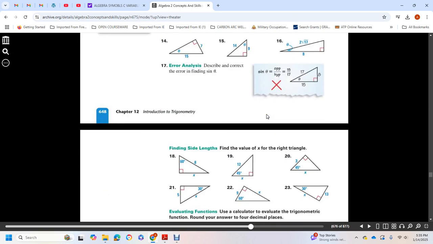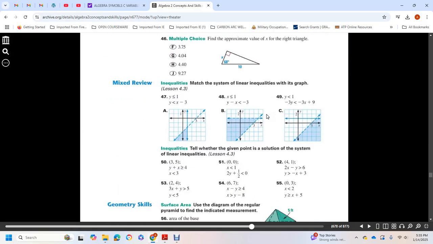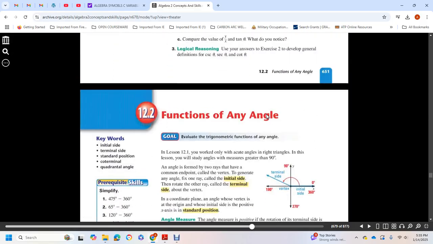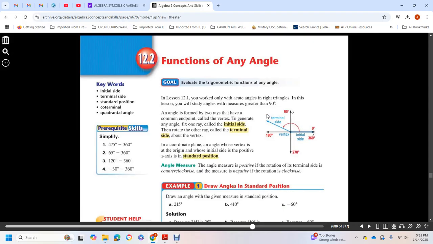Alright. Functions of any angle. An angle is formed when 2 rays have a common endpoint called the vertex. Generate an angle by fixing 1 ray, called the initial side, and rotating the other ray, the terminal side,